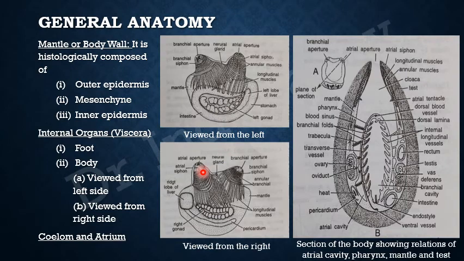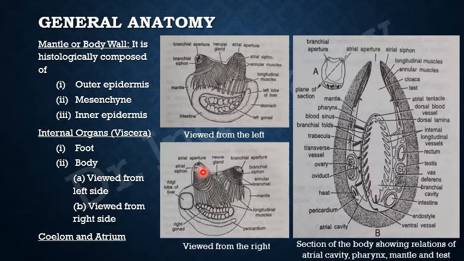Today I am going to do the general anatomy of Herdmania, and in general anatomy you'll be looking at all the important organs which are present in the body. The general anatomy will also consist of the outer test, which is enclosing the mental, and the mental is enclosing all the organs in the body along with the alimentary tract. So this is going to be covered in general anatomy.